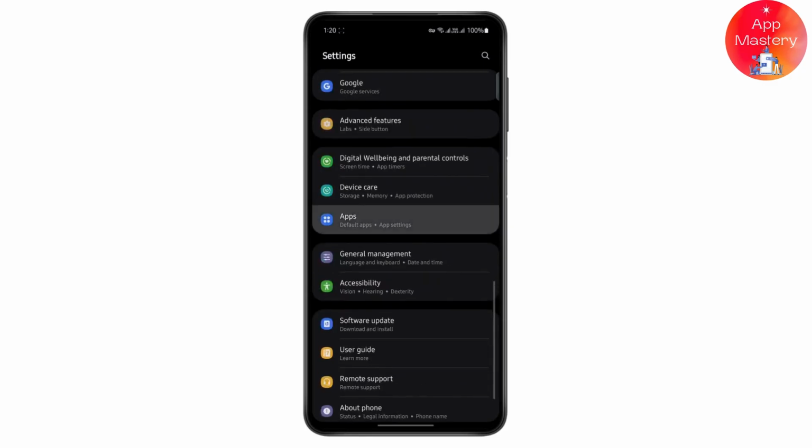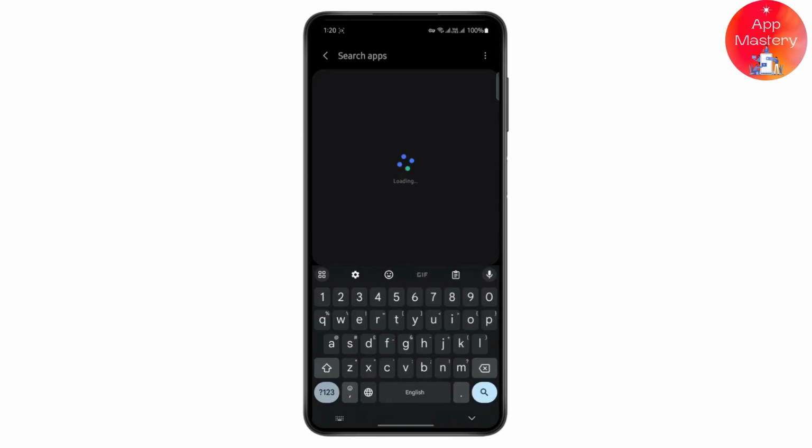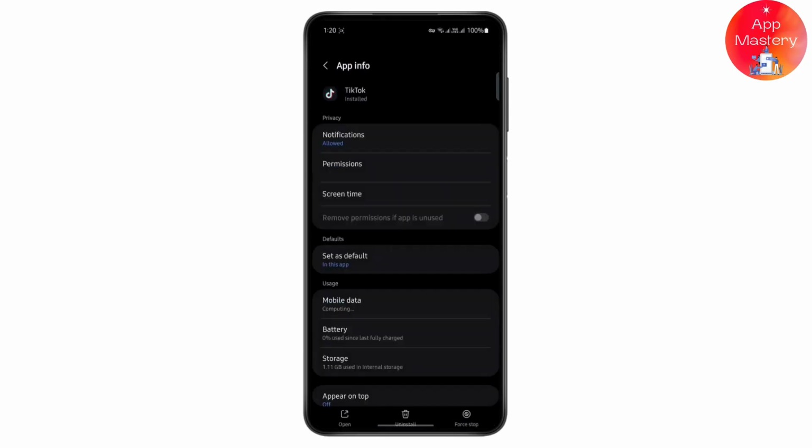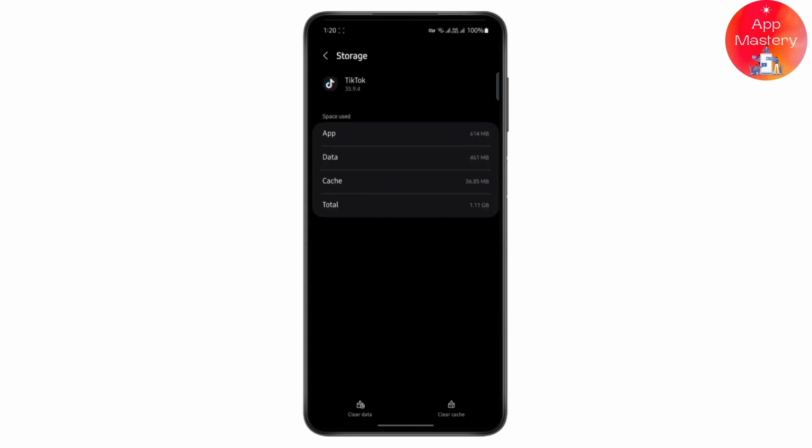your app settings and find TikTok under your app settings. You can just search for TikTok. Just open your TikTok and go to your storage settings. Then you will have to clear cache and clear your data. If you do this, your entire TikTok data will be cleared and your account will be logged out. So make sure you log into your account after you clear the data, and check if that solves